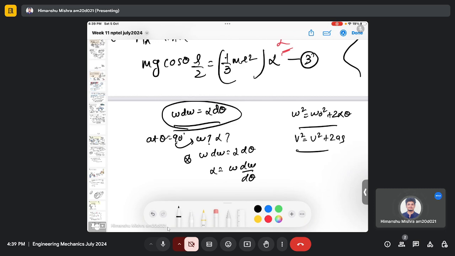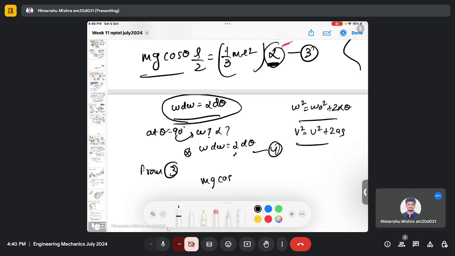Or I can write it as, so I can actually use this equation, which is, let's say, my equation 4, and I can use here alpha. I can use equation 3 to find the alpha in terms of mg cos theta and put it here. So from equation 3,